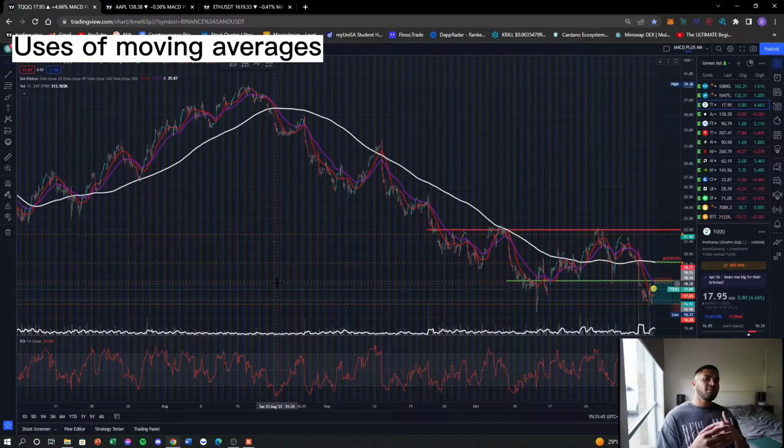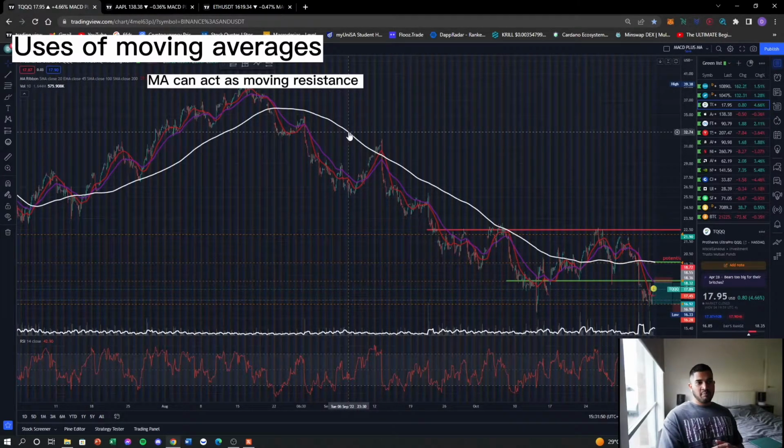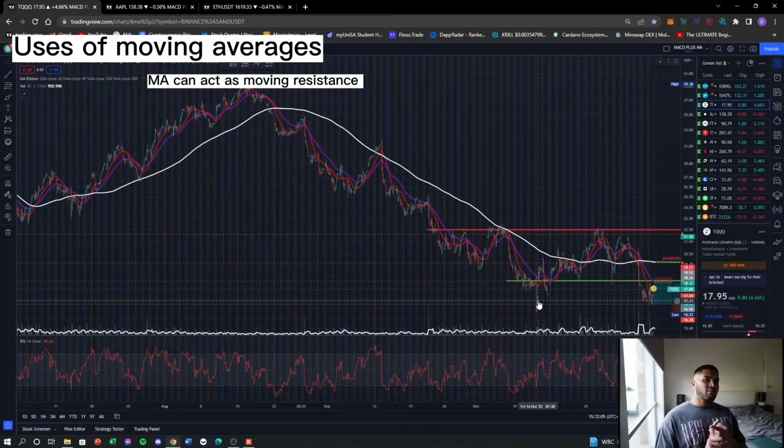And on the flip side, it can also act as a moving resistance level. So we can clearly see here on the 1 hour chart, the 200 MA, which is the white line, has basically reached that, sold off, reached that, broken over, and then sold off, reached that, sold off. So one of the main things is we clearly know that we are in a bearish environment